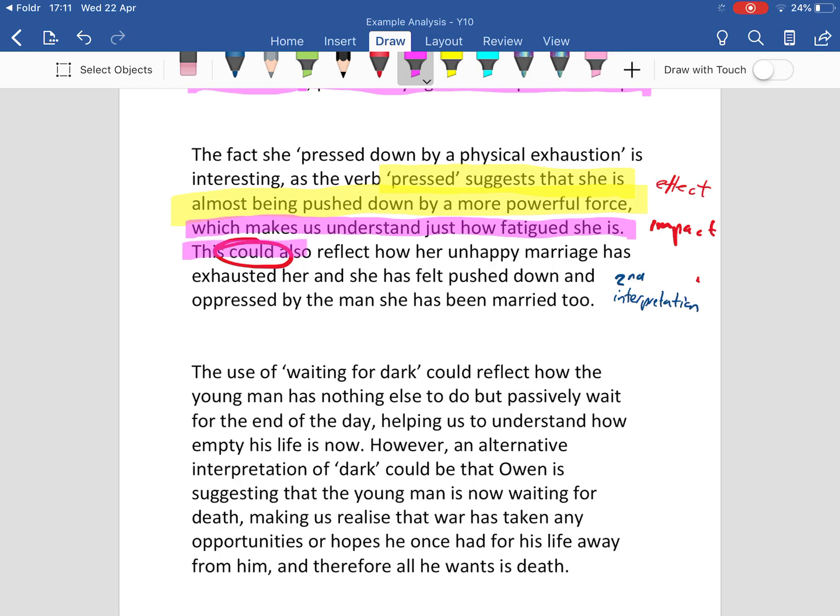Now, I'm sure you all agree that's a much better point than the one I had up here. So that second interpretation, that second bit of impact, has allowed me to show the examiner much more perception. So I really want you to do this in your writing, and don't forget, I'm the one initially marking it. So if I'm telling you to do something and it will get you a good mark, do it. You'll get more marks. I'm on your side, folks. I'm trying to give you the best advice possible.